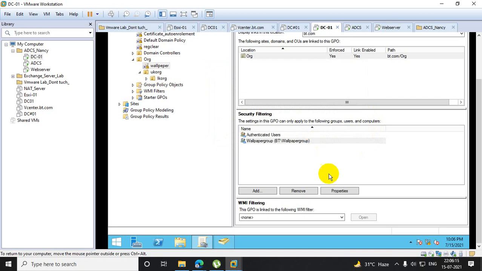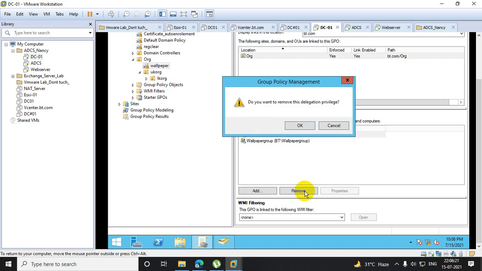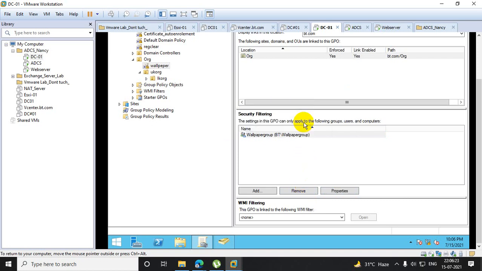Click on OK, and I am removing authenticated users. That means this policy is only applicable for this particular group. This is not applicable for the entire domain users. That means those who are part of this wallpaper group, the policy applies only to them.